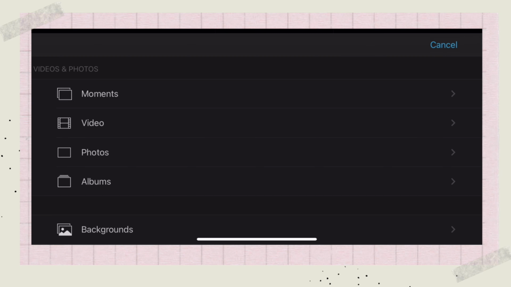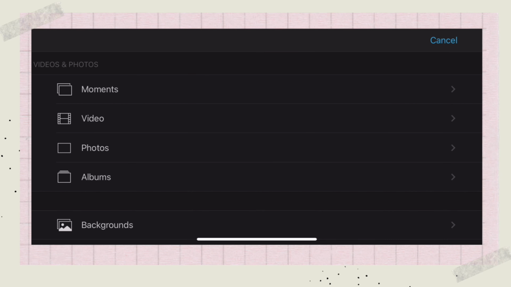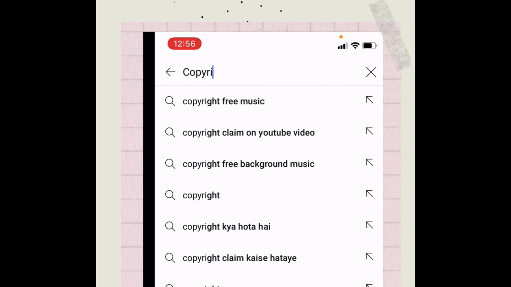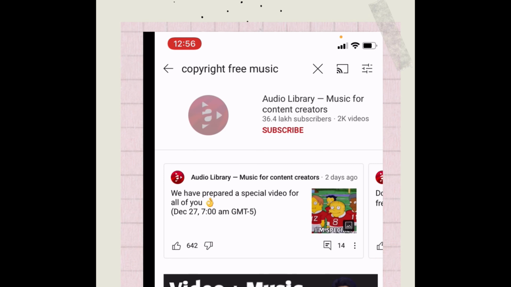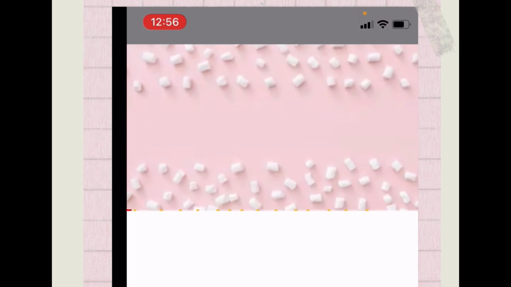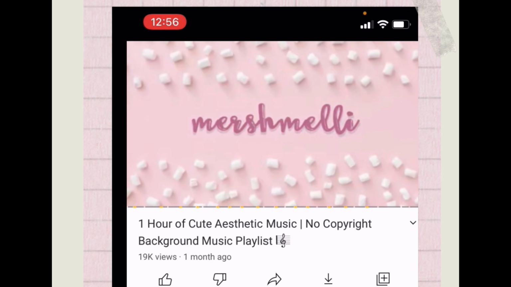If you want to add the music from iMovie, then tap on the plus sign, then go to audio. In audio you go to soundtracks and you'll get all the copyright free music. You can choose from it and then add it to your video. Just simply add it. And if you don't like any of these, then go to YouTube, search whatever copyright free song. When you find a song to your liking, just screen record it.